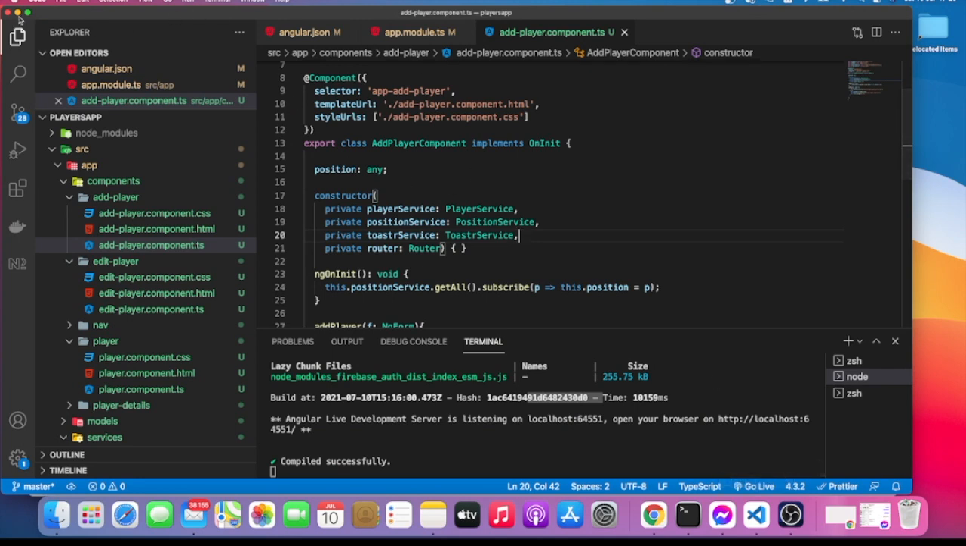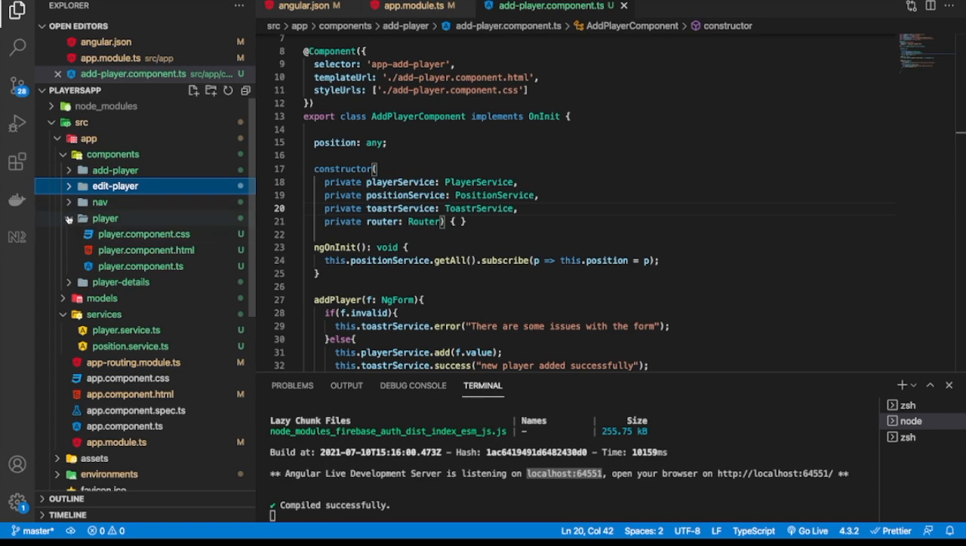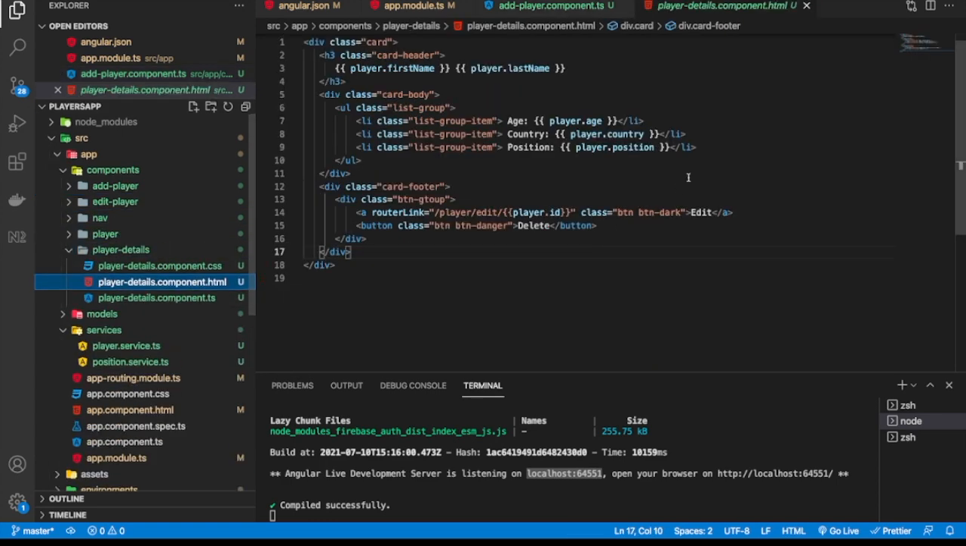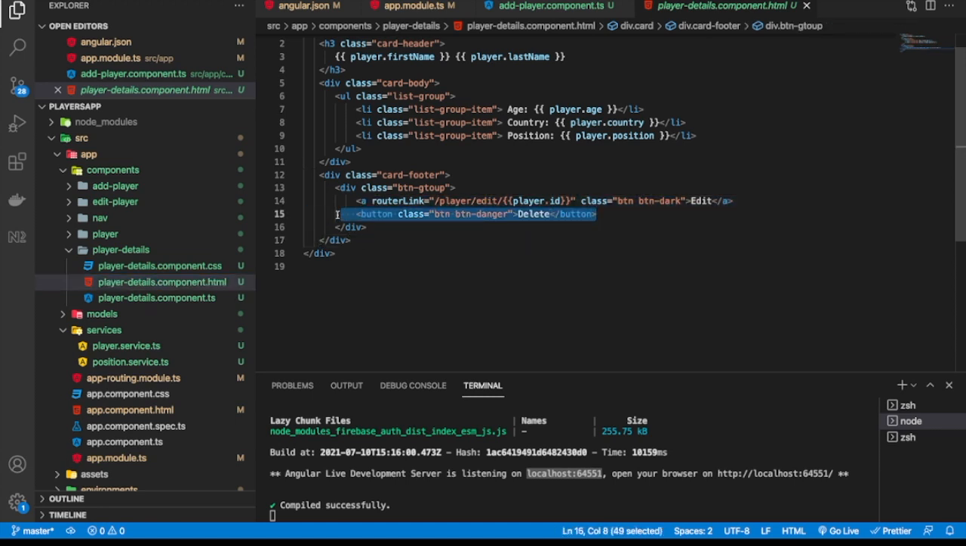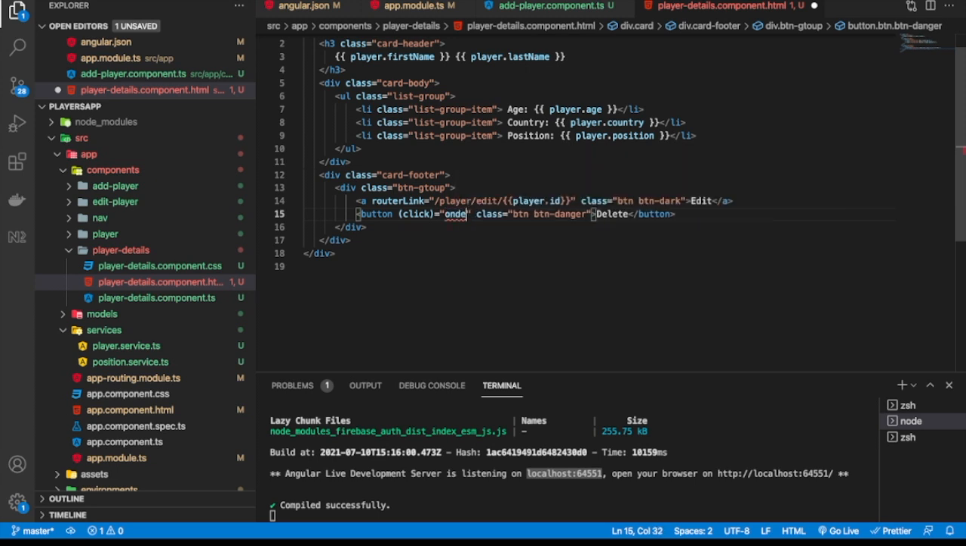So I'm going to head back to Visual Studio Code, and where do we have that delete? If we go to the players detail.html, this is where we have our delete button. So now we want to add the click handler for this button, so that when we click the button, we can add the function to delete the data. So we add that click handler here,